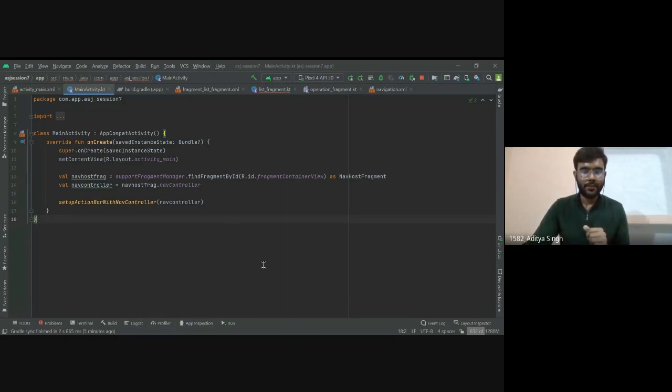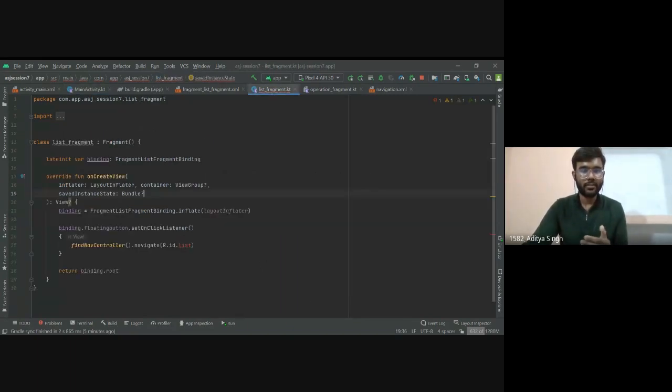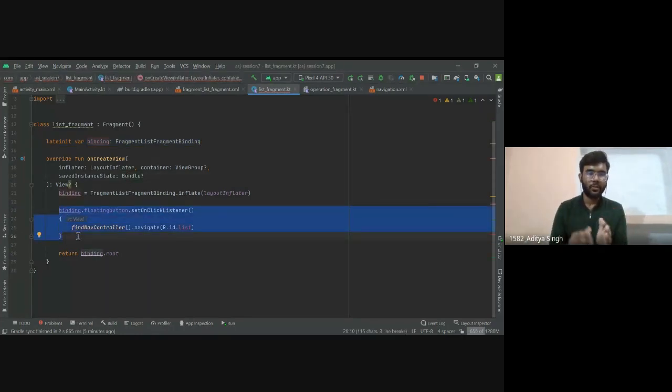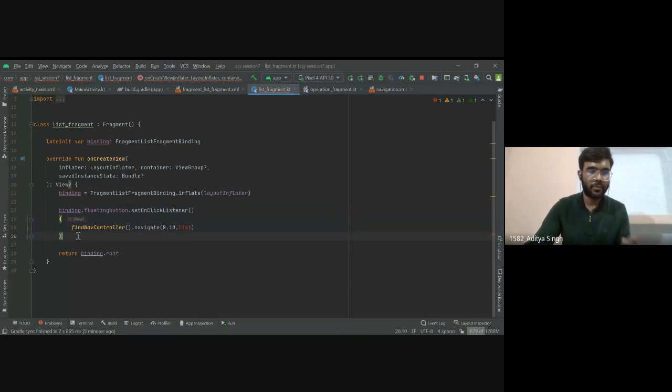So let's go further. Here, what I did, I just enabled view binding, and what I'm trying to do is, when you click on the floating action button, you want to go to the operation fragment. So I have attached a setOnClickListener to my floating action button.